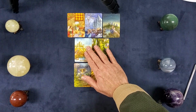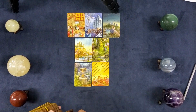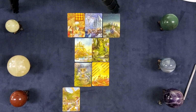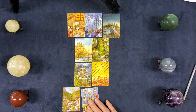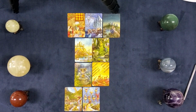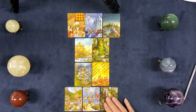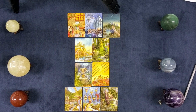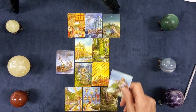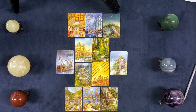Okay, and here we go for the bottom. This is the earth, right? Ooh, very emotional earth, right? Ooh, okay. Interesting. And here's the advice from left to right. Move on. Okay, so